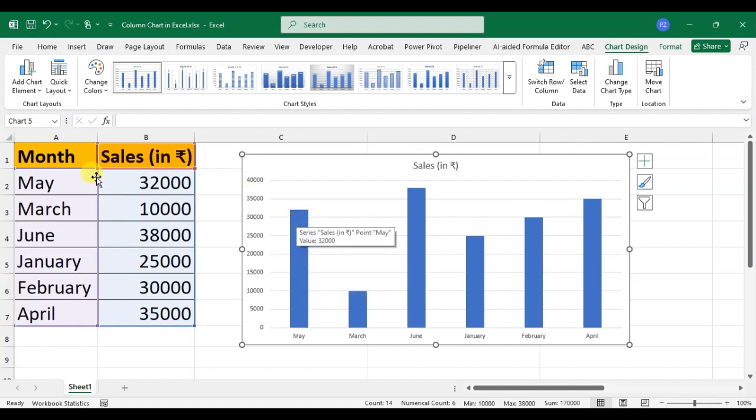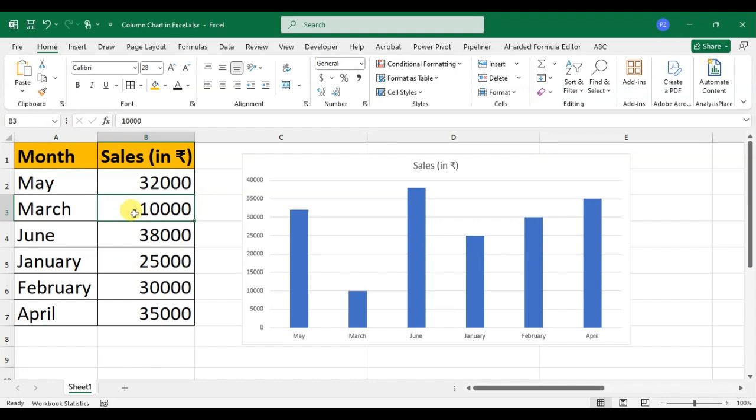If you change any sales amount, suppose in March 10,000 is mentioned, I enter 30,000 here and see the changes in the March column. So this is a way if you want to edit any sales amount, you can edit here and the column chart changes accordingly. If you filter some sales data, suppose I apply a filter in the data with Shift Control L